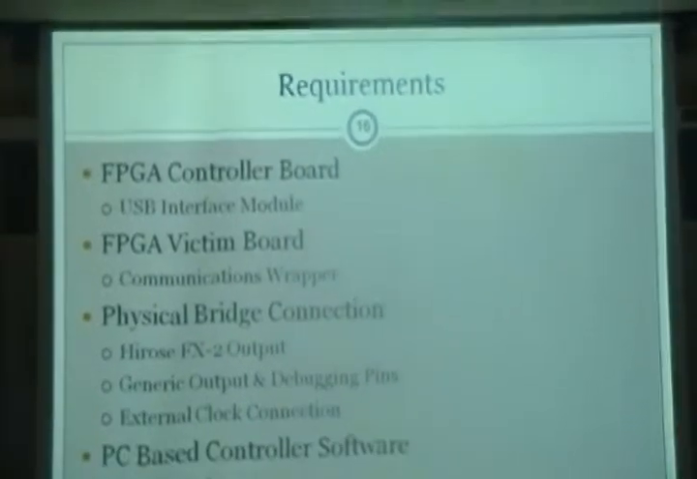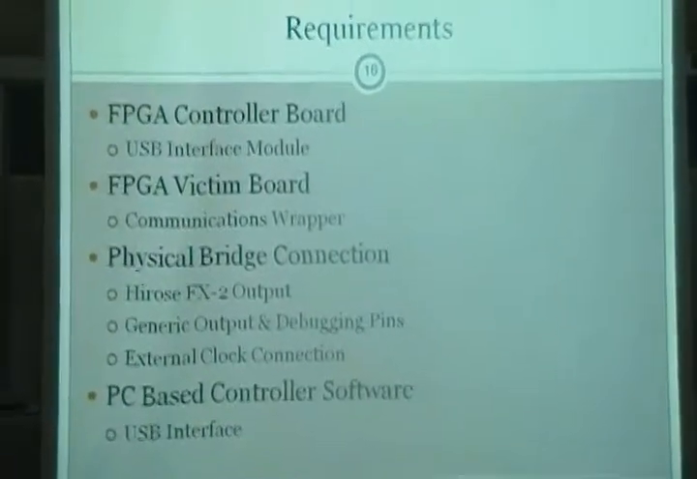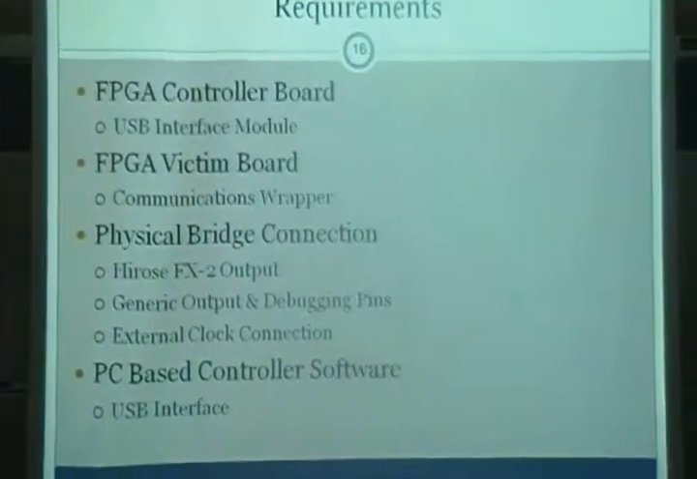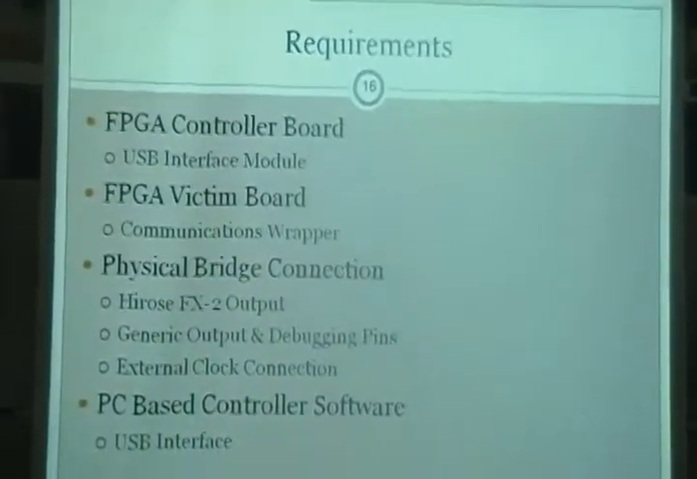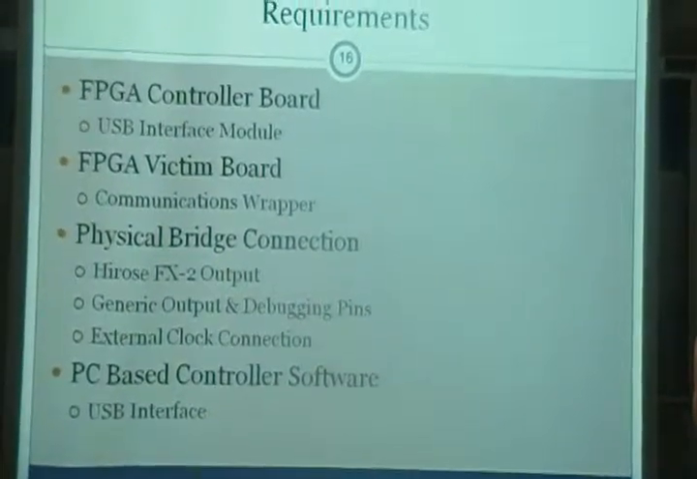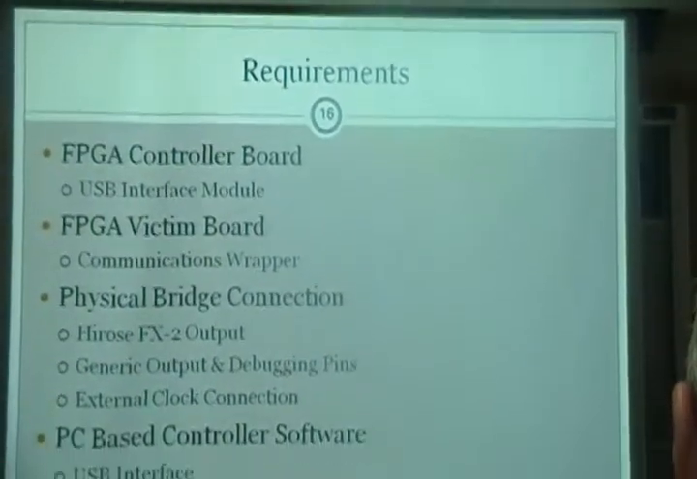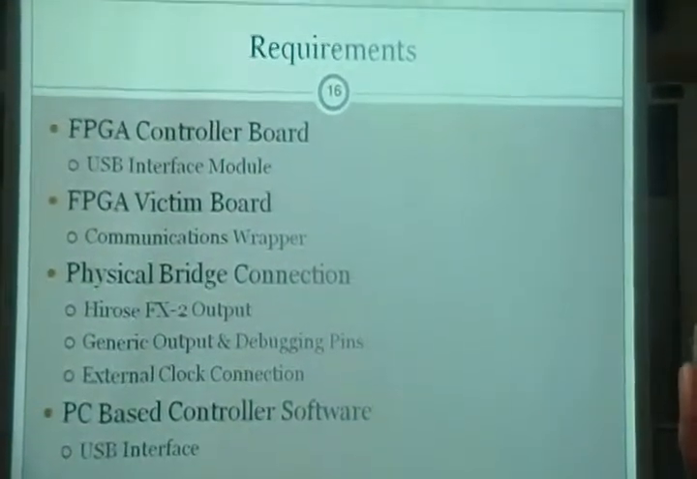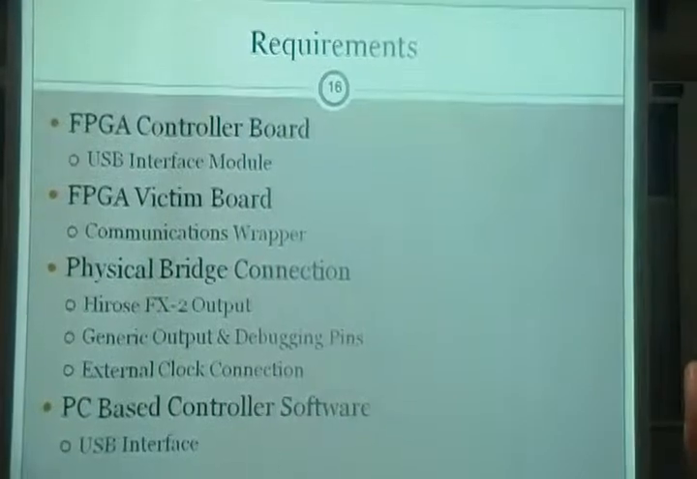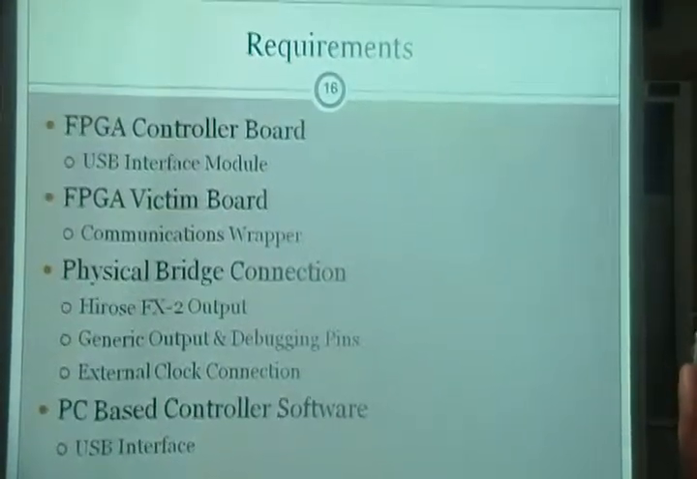So from that, we came up with the following high-level system requirements. For our controller board, since the USB interface on the Nexus 2 uses a Cypress chip and the standard Sasebo board uses an FTDI chip, we would have to rewrite the USB interface module. We would also need to provide communications between the control and the victim board, as well as providing the actual